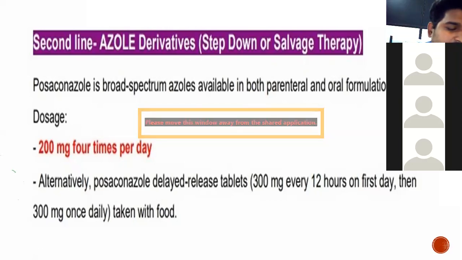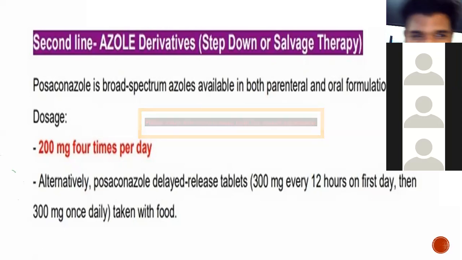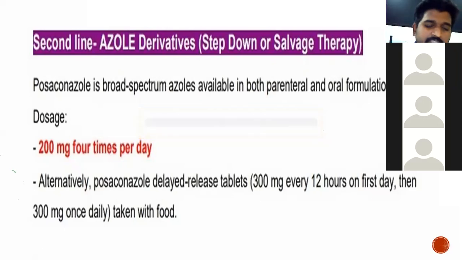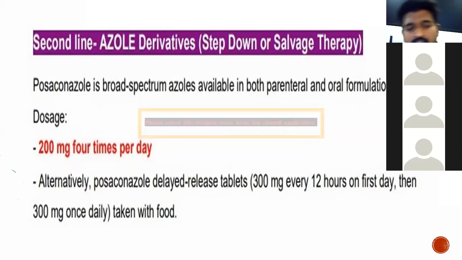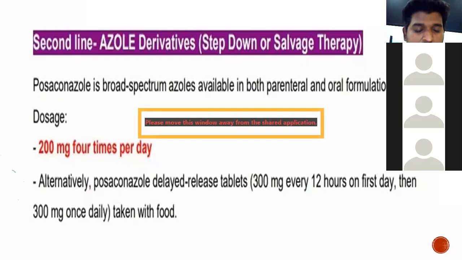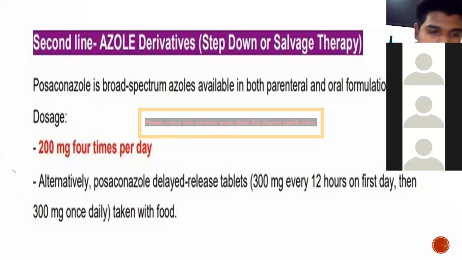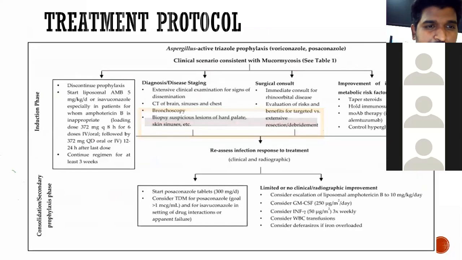There is one more azole, isavuconazole. This isavuconazole is a new azole derivative which acts on both invasive aspergillosis and invasive mucormycosis. This is one of the azole derivatives which has very good action on both invasive fungal infections, because the treatment choice for invasive aspergillosis is different from invasive mucormycosis. For invasive aspergillosis we often prefer voriconazole, whereas voriconazole can aggravate invasive mucormycosis, which we need to keep in mind before starting therapy.